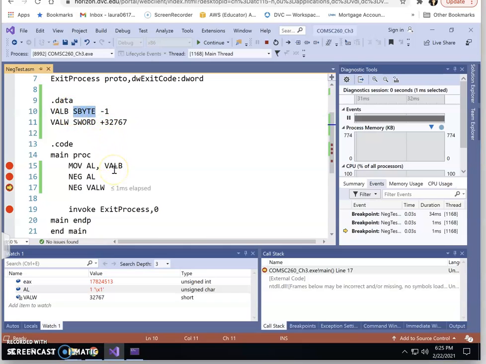When you move that signed byte to AL, the signed byte actually just represents all 1s. So in the register, they will just interpret it as an unsigned integer, so that's 255. But when you work with the neg instruction, they will change the sign bit, the most significant bit. So that's why the value becomes -1. However, now you see you have the SW is positive. Then we continue to see that. After we neg, the positive 32767 becomes negative because we defined that it's a signed word. So that's why when they show, they will show you